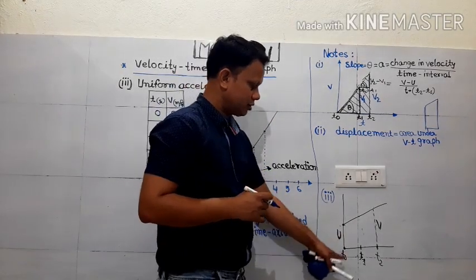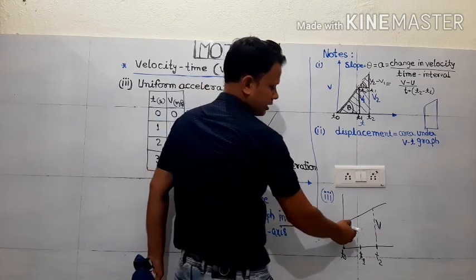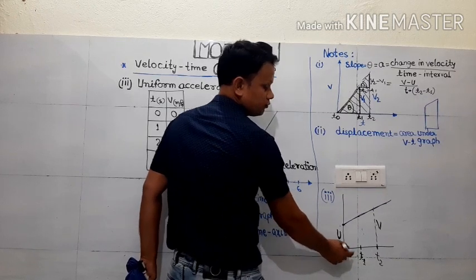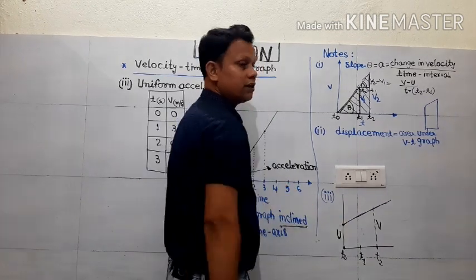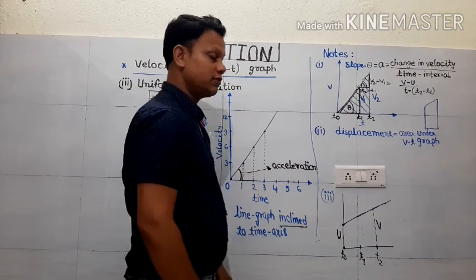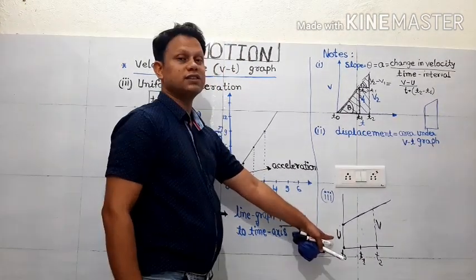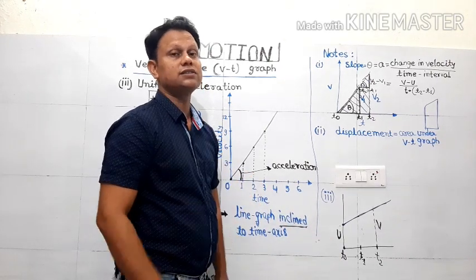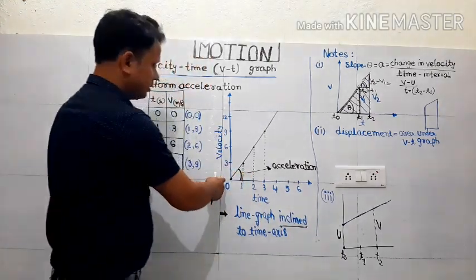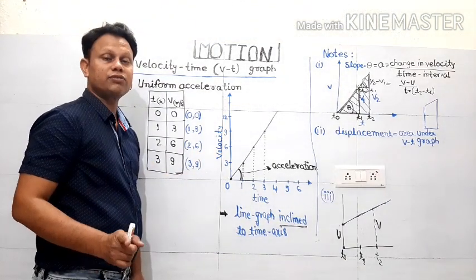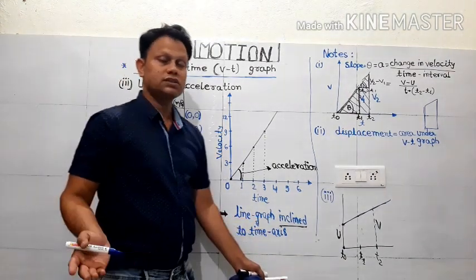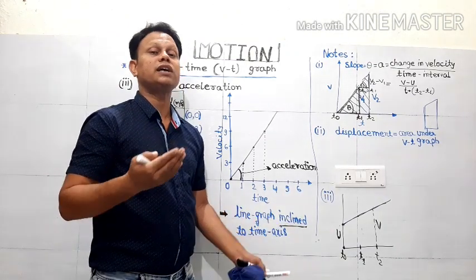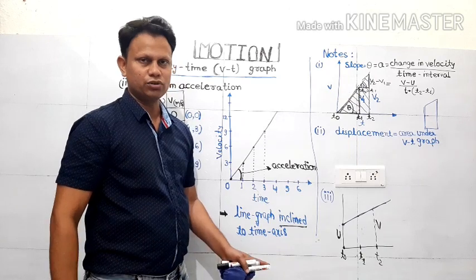Now, third one, I have made a graph again. Here I can show you that I have not started the line from 0 at T0. I have taken it from somewhere here. So this graph is showing that the body has already acquired some velocity, some magnitude of velocity or speed, when the observation has started. In the earlier graph I took initial velocity 0, that means the body at rest. But it's not necessary that the body is always taken at rest. It can be observed when the body has already acquired some magnitude of velocity.